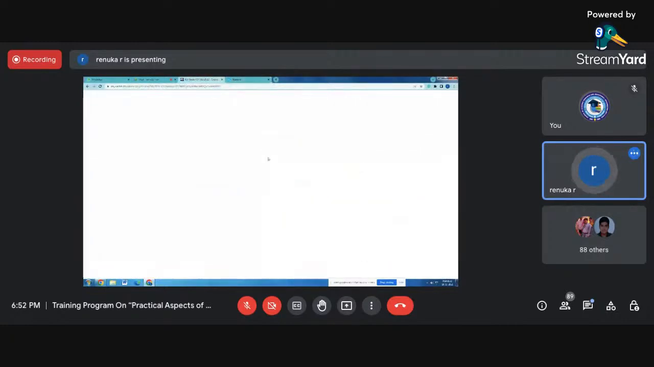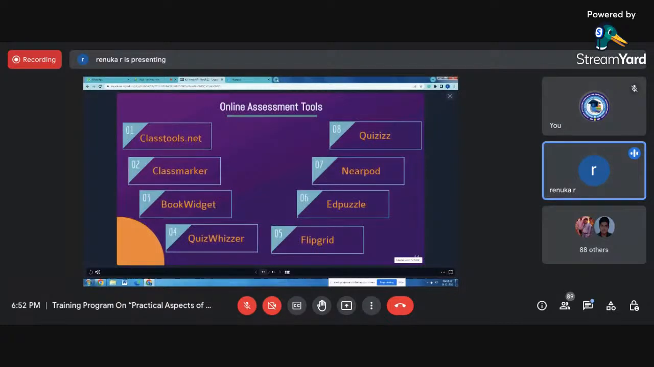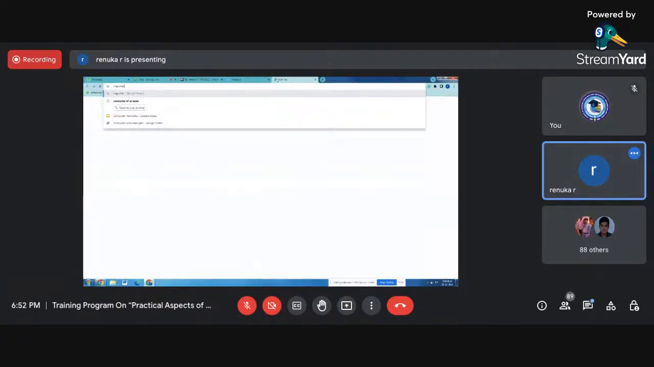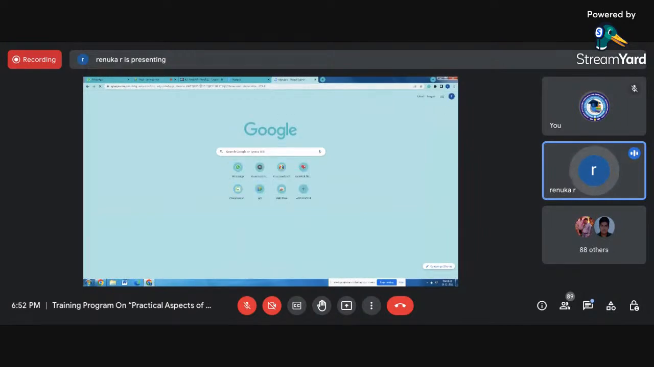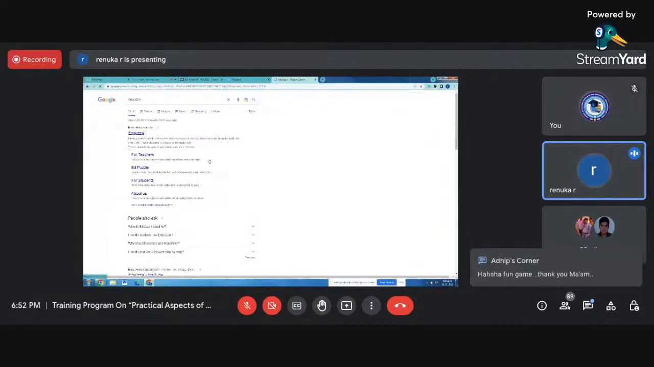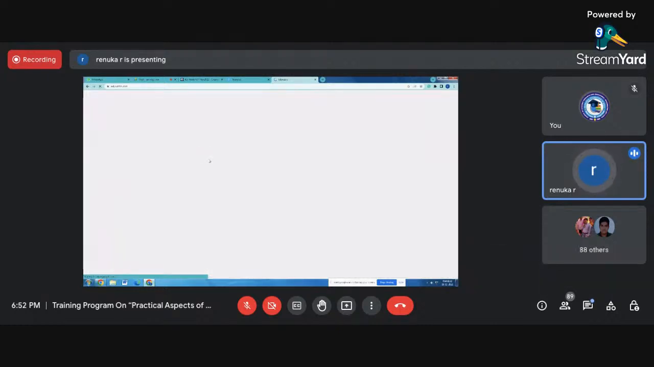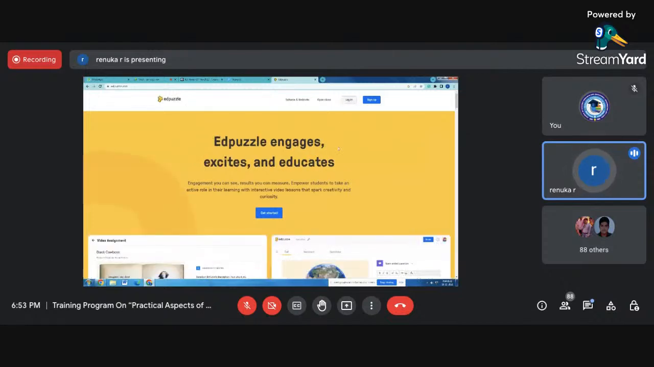Next, we'll see about Edpuzzle. This Edpuzzle is somewhat different from the other tools. This tool is like, suppose you have got any video from YouTube. You can download that video, means you can share that video with your students, and then